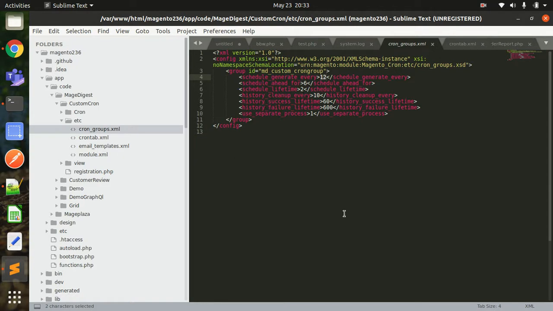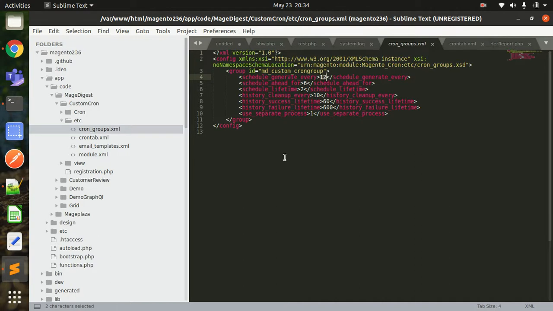If you want to learn more about the definition of each of these settings, you can go into the Magento dev docs. I'll put the link to those dev docs. Basically, the cron groups are the parent, and whatever cron tasks you are going to define will come under that particular parent. So this is the parent which is taking care of it. If you go to the cron tables in Magento's database, there also you can find all these cron groups, okay. So this is the parent under which you are going to mention all your cron tasks.